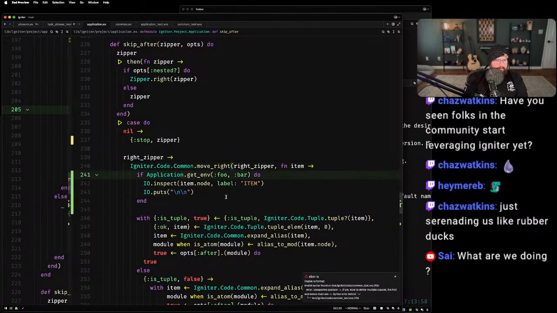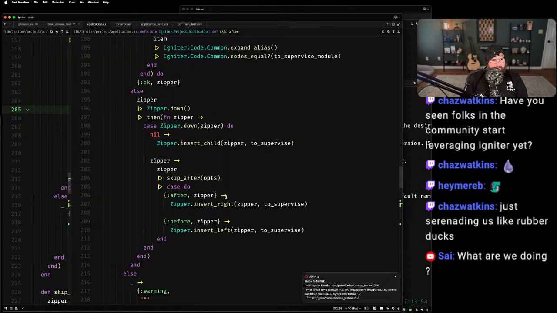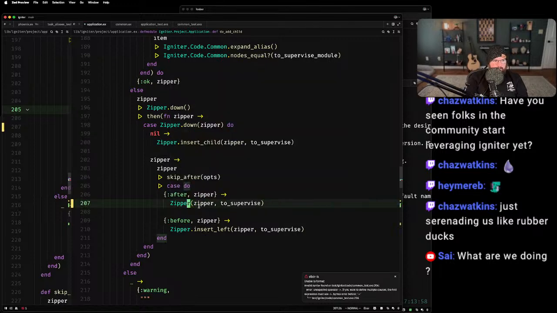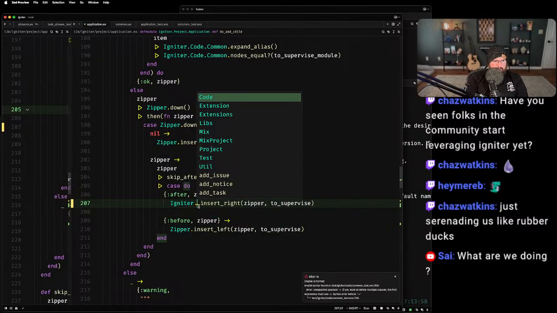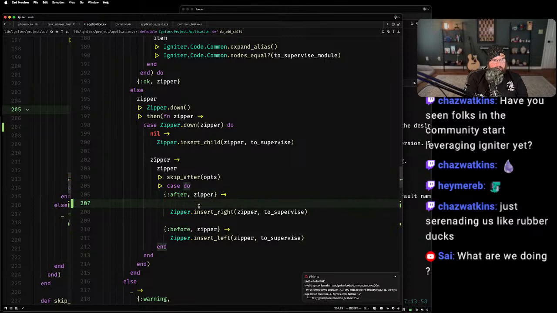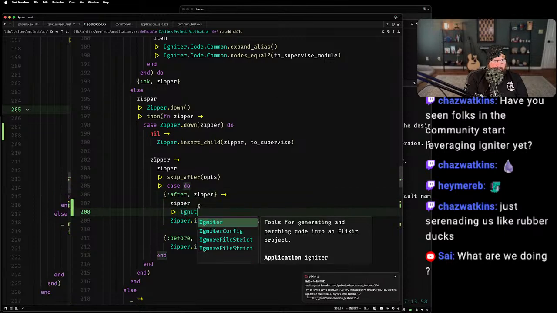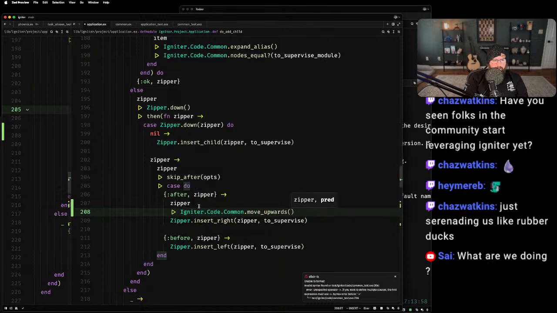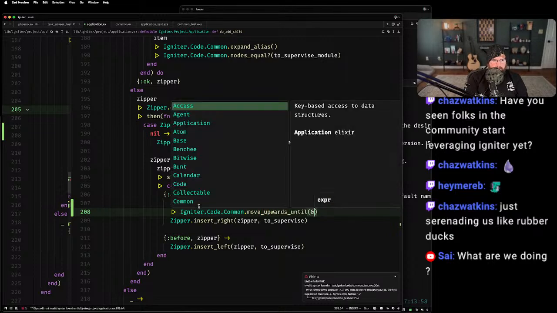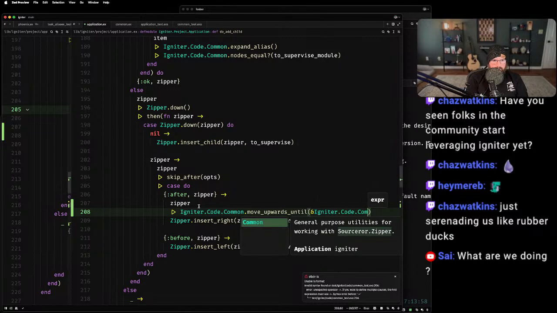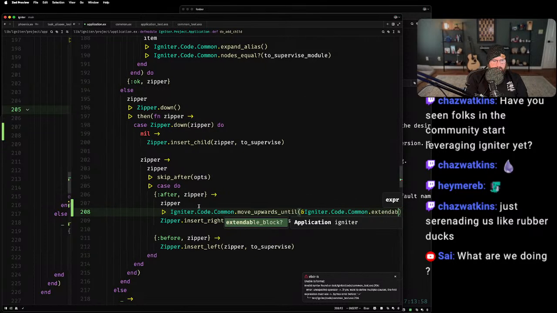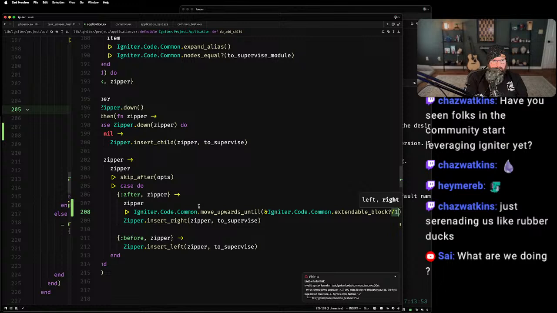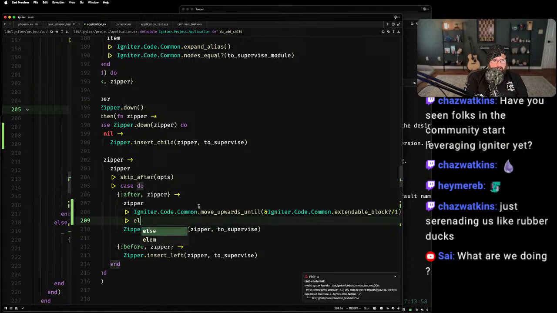All right, I think I'm gonna go back and do, let me try this. Let me say zipper, igniter.code.common.move upwards until we get to an extendable block.